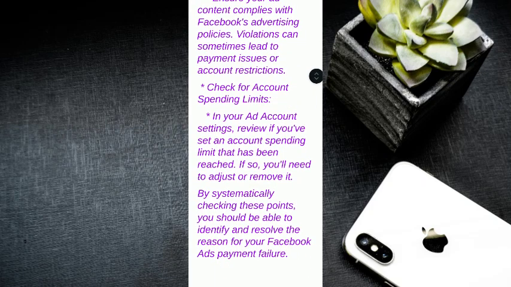Do not forget to check for account spending limits. In your ad account settings, review if you've set an account spending limit that has been reached. If so, you need to adjust or remove it. By systematically checking